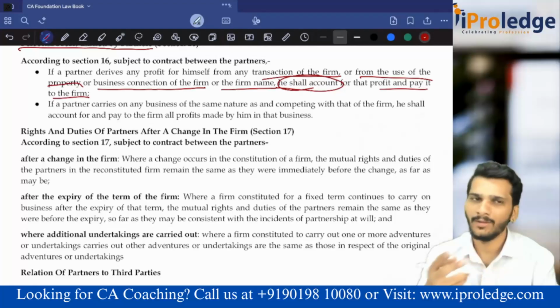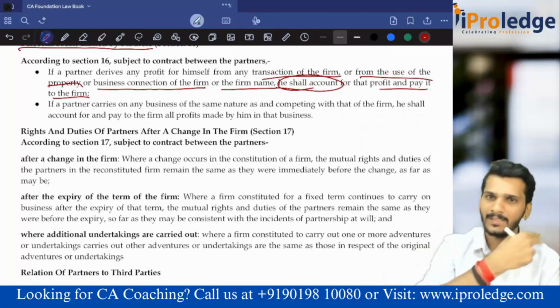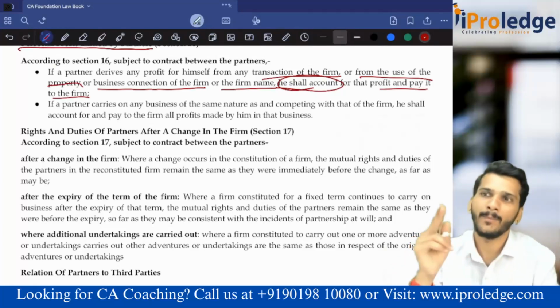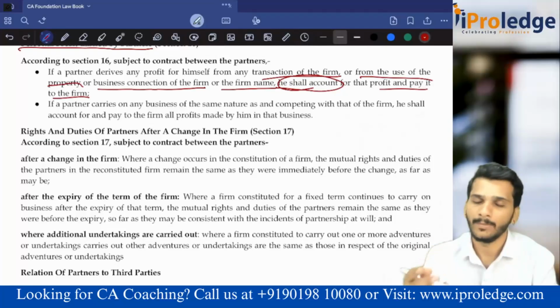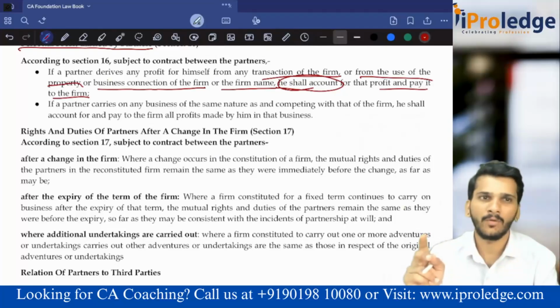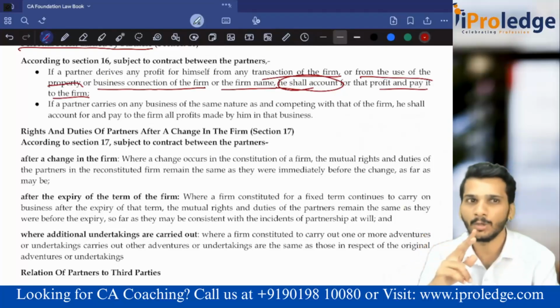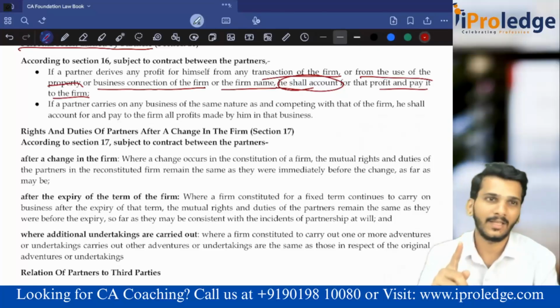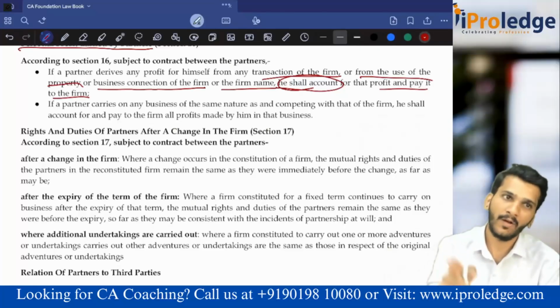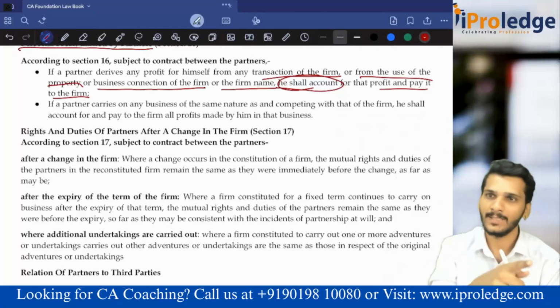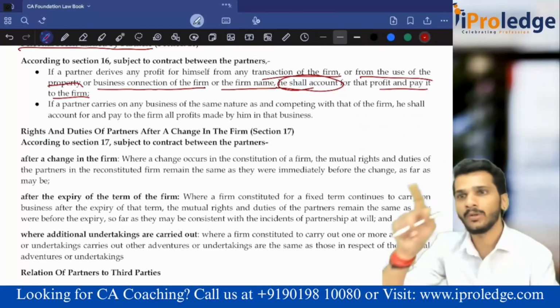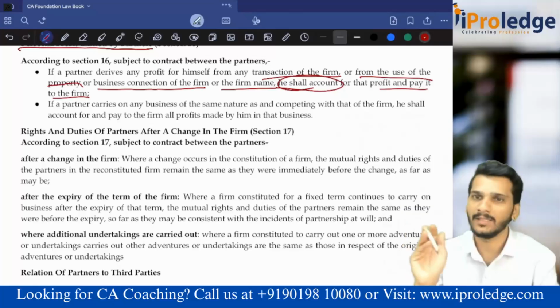But while coming back, he thought, why should I come back unnecessarily? I'll pick up some 3-4 passengers and drop them here. Sorry, Basavanagudi. From Malaysia, he brought some 3-4 passengers. Consider he collected some 300 rupees. That 300 rupees is generated by using the partnership firm's property, because the car belongs to the partnership firm. So the 300 has to be accounted as partnership profit. It is not the personal profit.